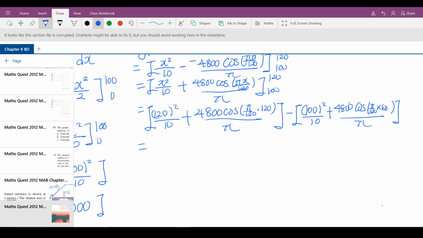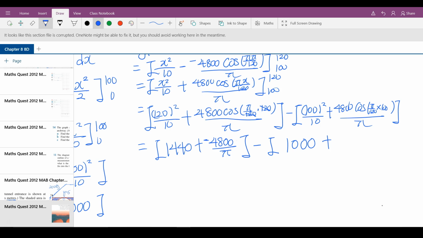All right, so 120 square divided by 10 is 1,440 plus, now the thing inside the cos in the bracket, the 120 cancels out. This is cos pi, and cos pi is -1. All right, so it's 4,800 multiplied by -1, which is just negative 4,800 on pi, and then minus, now 100 square divided by 10, we did it before, which is 1,000, plus